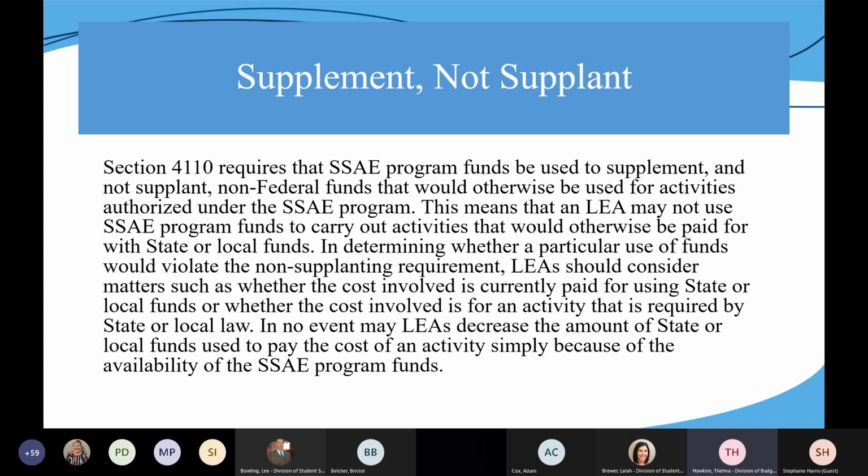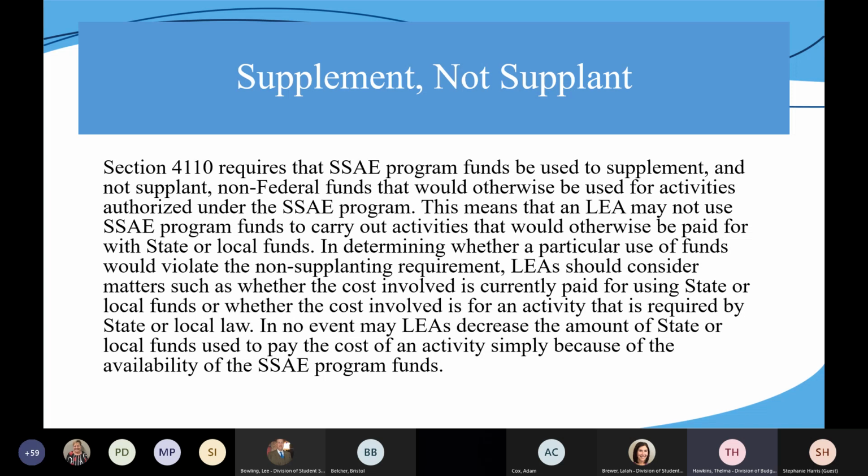There are lots of things you need to take into consideration when making that determination. And it usually takes a lot of back and forth conversation to make sure that you're not supplanting these funds. Layla, do you want to give a couple of examples of things or questions that have come up regarding